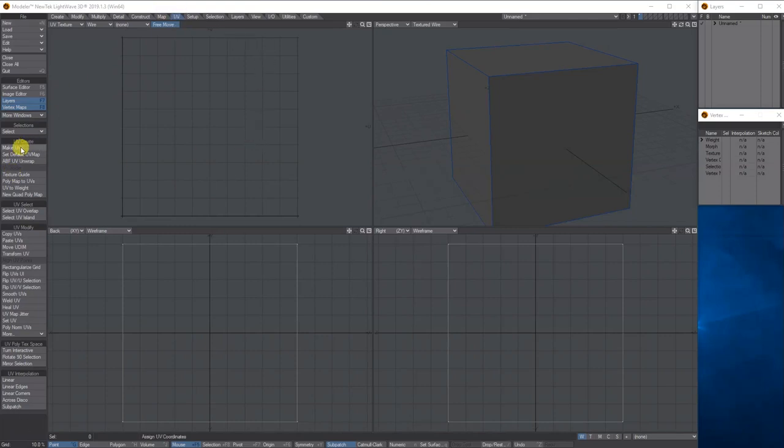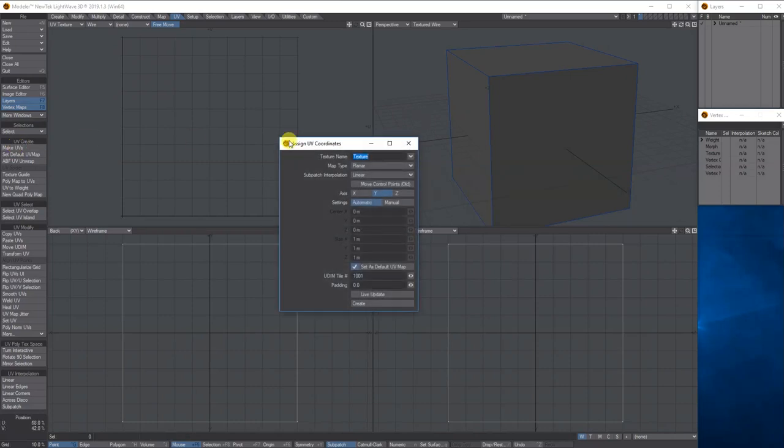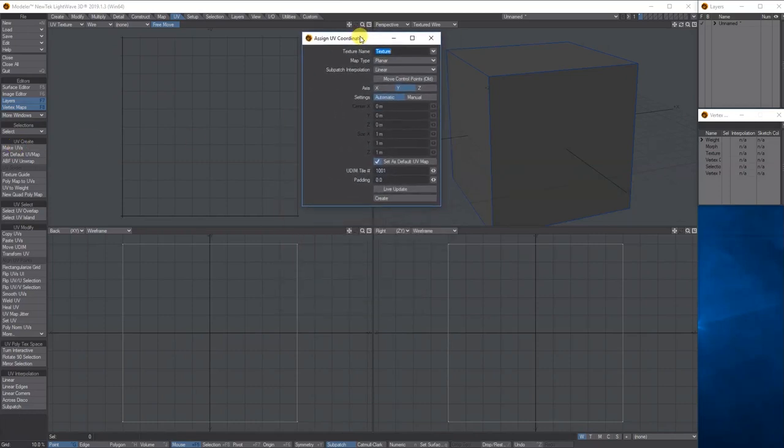When the UV options come up, you've got all the different UV options. I'm just going to click on make UV and it brings up the UV options. I'm going to give it a name at the top, we'll just call it box 1. And for the first unwrap, we're going to use a basic option called Atlas. Atlas automatically unwraps the box based on the size you've got.